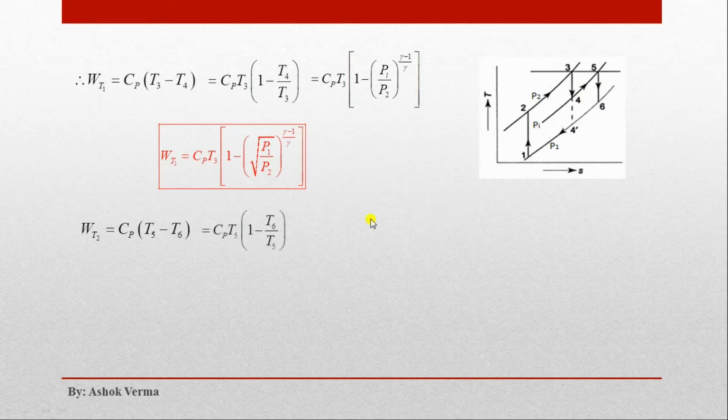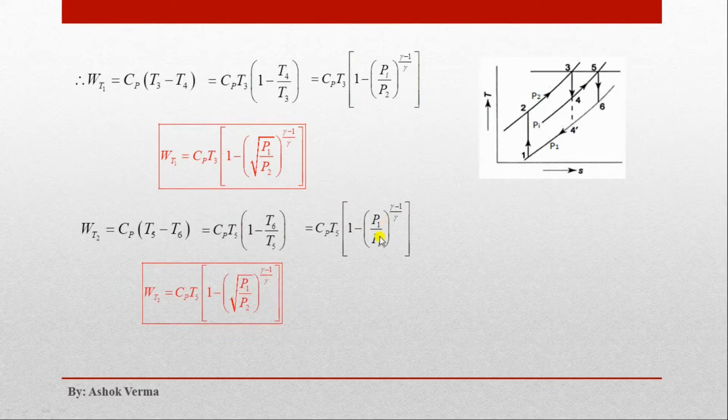You take Cp into T5 common, and this will be 1 minus T6 by T5, and T6 by T5 will be equal to (P1 by Pi) to the power (gamma minus 1) by gamma. After putting the value of Pi, you will get Wt2, or work done by turbine 2, equal to Cp into T5 into [1 minus (square root of P1 by P2) to the power (gamma minus 1) by gamma],